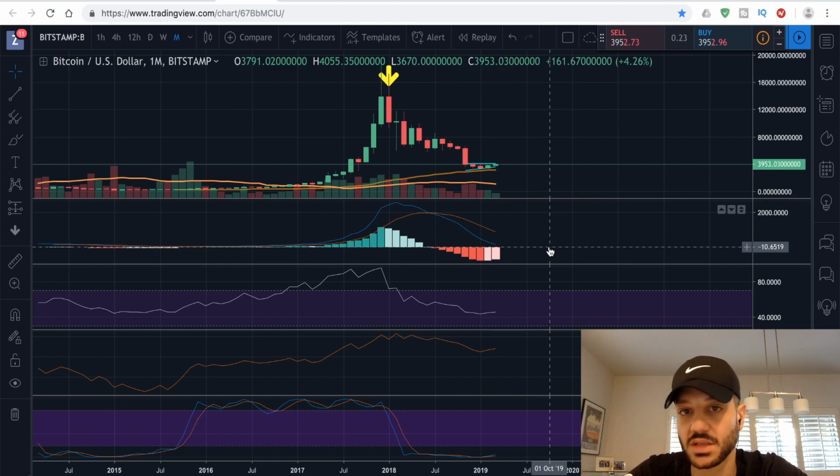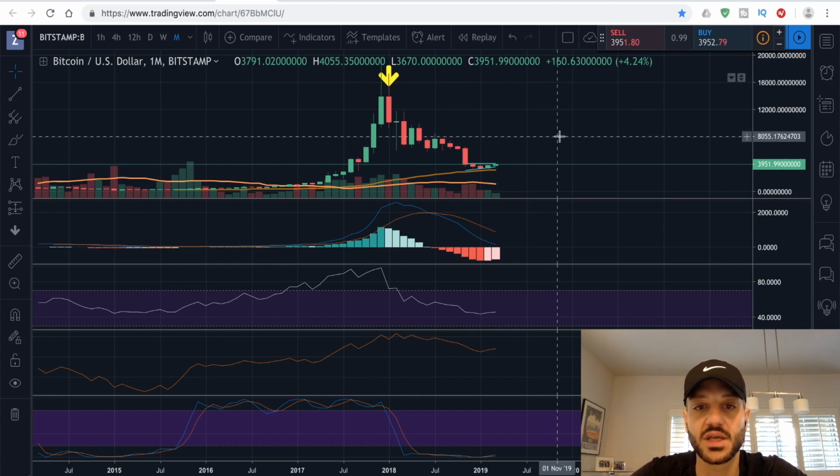Now, I'm not saying we're going to see 20,000 or even 10,000. The extent of a rally really depends on momentum and how many traders are involved in the market and how long they are willing to keep buying Bitcoin's price up, right? So the momentum could easily take you to just above a previous high, like above 4,300, or the high before that, above 6,500. But nobody can tell you the extent of a rally because predicting the momentum crowd is nearly